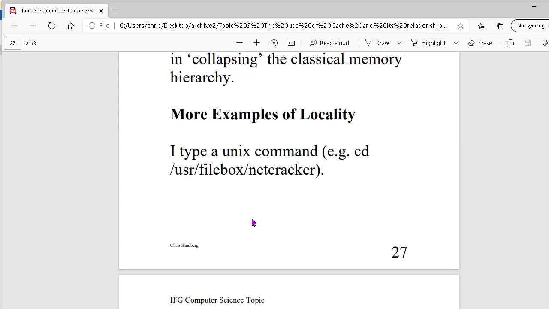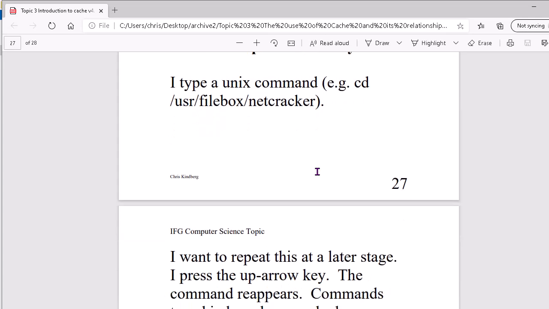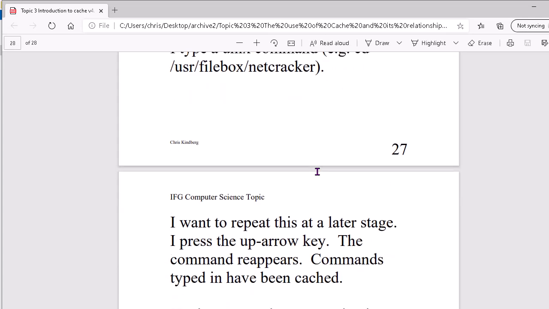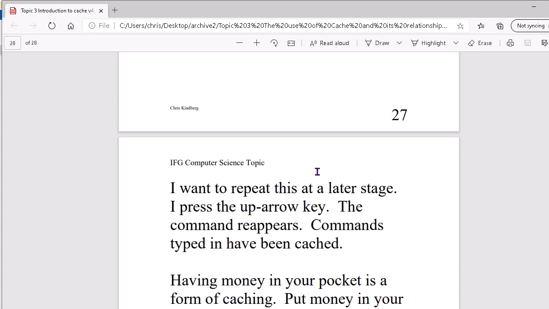So, more examples of locality. I don't know if it holds for Windows 10. If you type a Unix command, for example, cd to this folder, and shortly afterwards I want to repeat that operation, I simply press the arrow key and the command reappears. So all the commands I type in have been cached